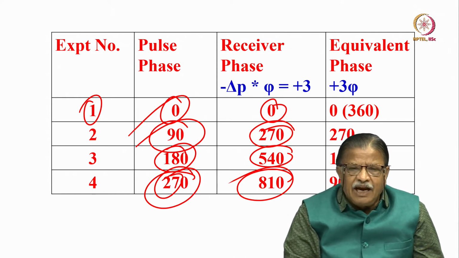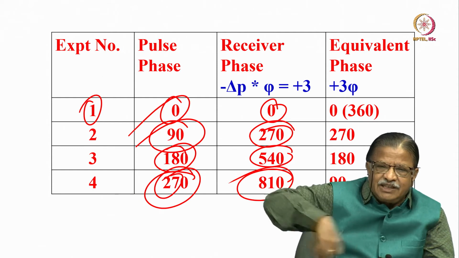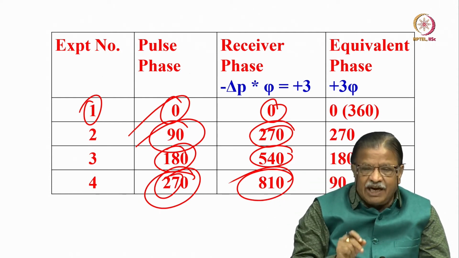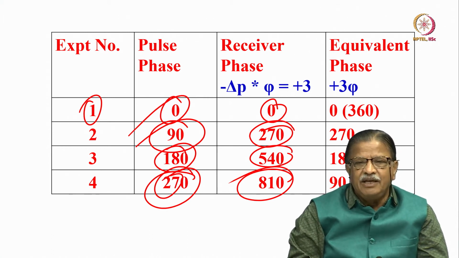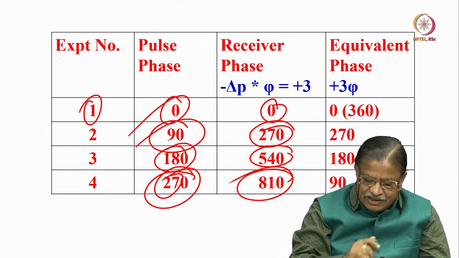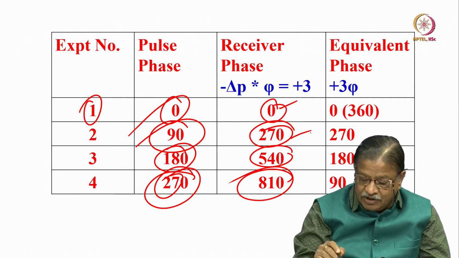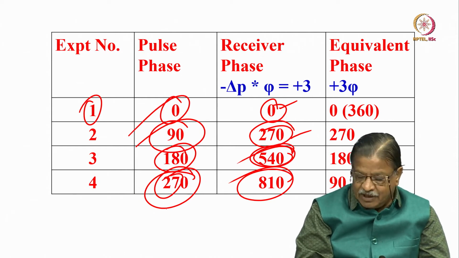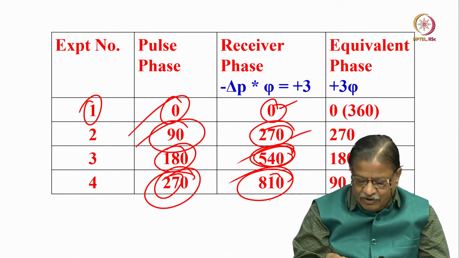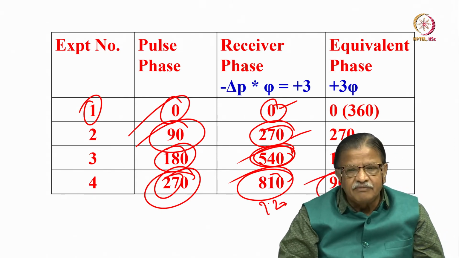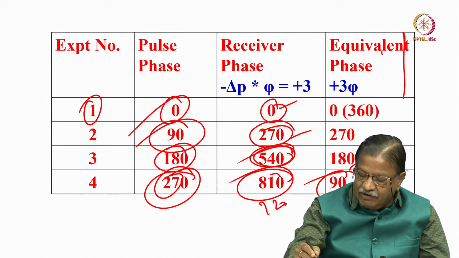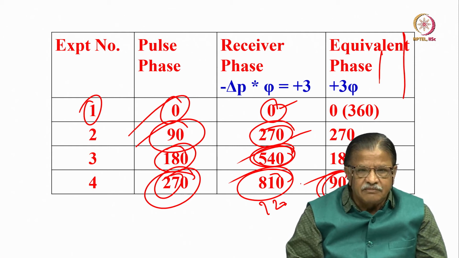What do you mean by telling 810 receiver phase? We have only 360 degrees. We can go to plus x, minus x, plus y, minus y. So simply anything above 360, you have to scale it down to within 360. For example, 0 is okay, 270 is okay. 540, subtract 360 from that, it is going to be 180. 810, subtract 360 plus 360, 720 from that, you are going to get 90. So that's all. Simple, it is an equivalent phase. Although it is 3 times, the equivalent phase is 90 only. That's what you have to do.